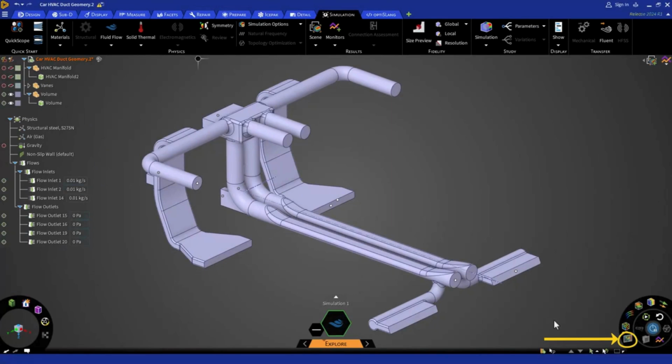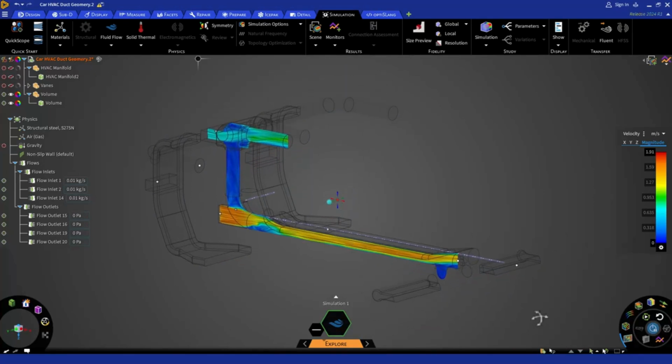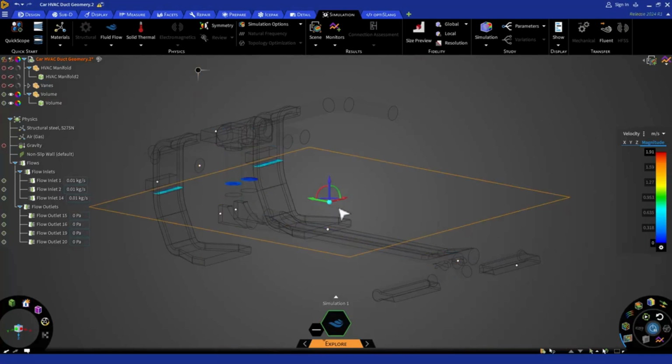We have the directional field. It is a 2D surface that displays the direction of the flow via streamlines. To change the orientation of the directional field, click on the blue sphere again. From this local coordinate system, you can orient or move it to any desired position, like the way we did